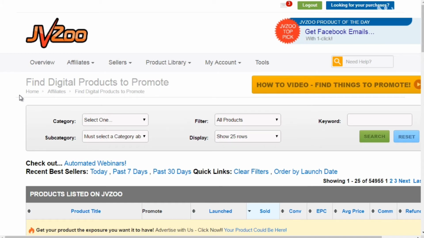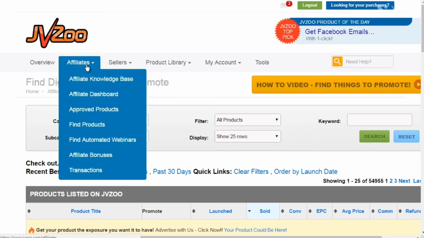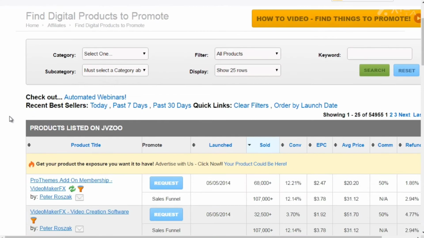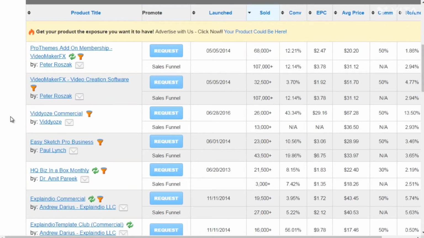Now, you do need an account to do this. So you need to go to jvzoo.com and create an account as an affiliate. Then if you go to the top and click on affiliates and click find products, you will be directed to this page where you'll be able to find digital products to promote. Now, obviously in this case, we're looking for vendors, but this gives us some good data to get an idea of what products are being sold, the conversion rate, the EPC, in other words, the earnings per click,